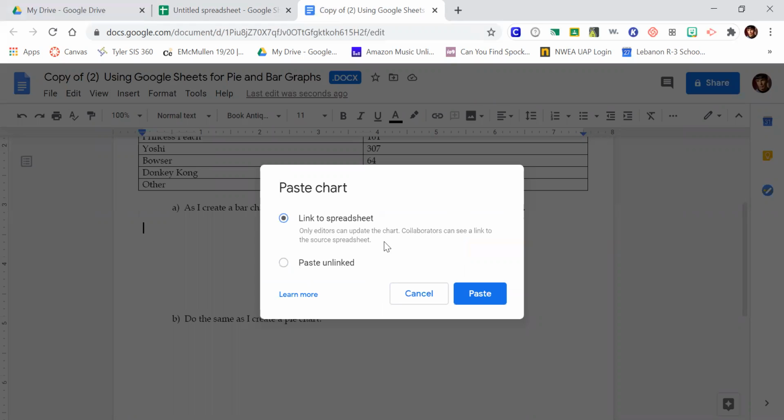We have two options here because we're going from a Google Sheet to a Google Doc. You have two choices. You can either link it to the spreadsheet, which means